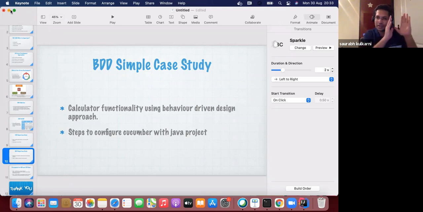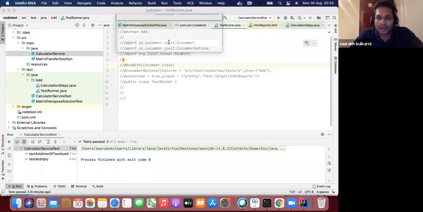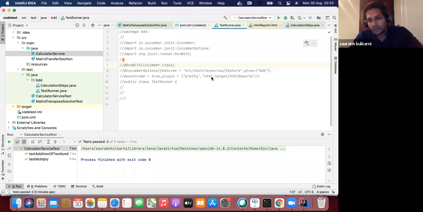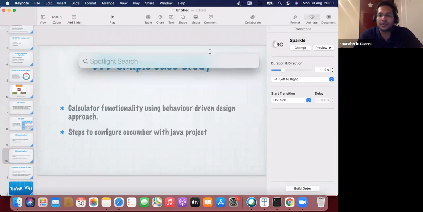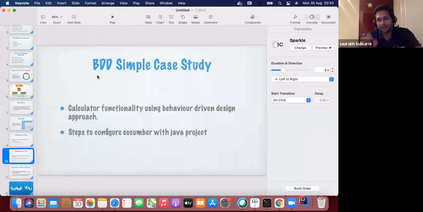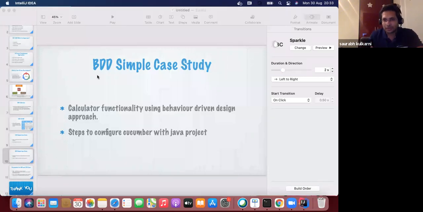What is a feature? Feature is a calculator feature. What are the scenarios? Addition, multiplication, this and that. They're all our scenarios. Let's come to the code now. Now I'm implementing the BDD here, because you will see this template mostly in the code bases, mostly in the user stories, and it's very clear there. Generally, the BAs add these into the user stories, and the template is like this: